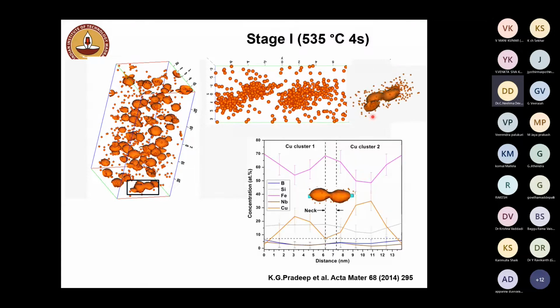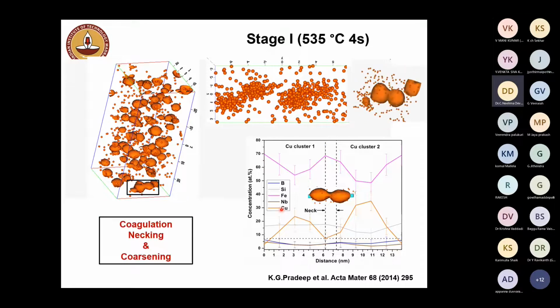And you can also quantify this concentration at the necking region by having a one-dimensional concentration profile passing through the two clusters along the interface. Now you can see the copper content is more compared to that of the matrix region, which is away from the clusters. Now looking into this way of coagulation that is happening in an amorphous matrix, you can say this